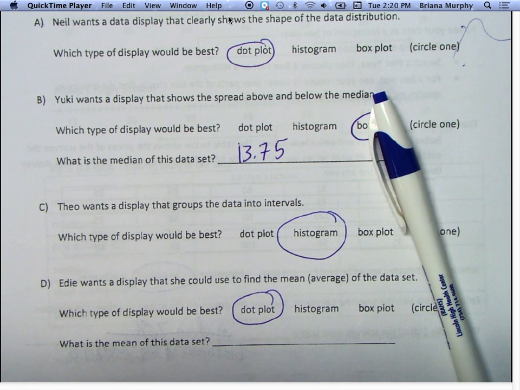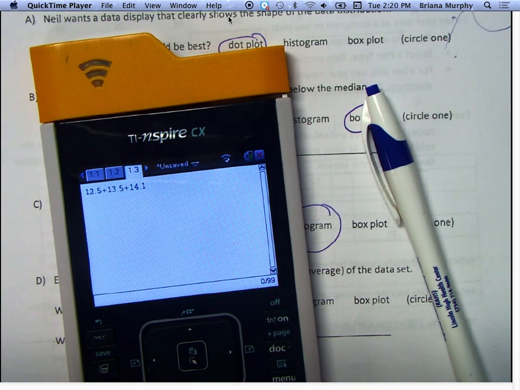Okay. So I'm going to a new page. I just want calculator. So I've got 12.5 plus 13.5 plus 14.1. You guys see what I'm doing? Plus 12.8 plus 13.4 plus 14 plus 11.5 plus 14.2 plus 13.9 plus 14.4 plus 13.3